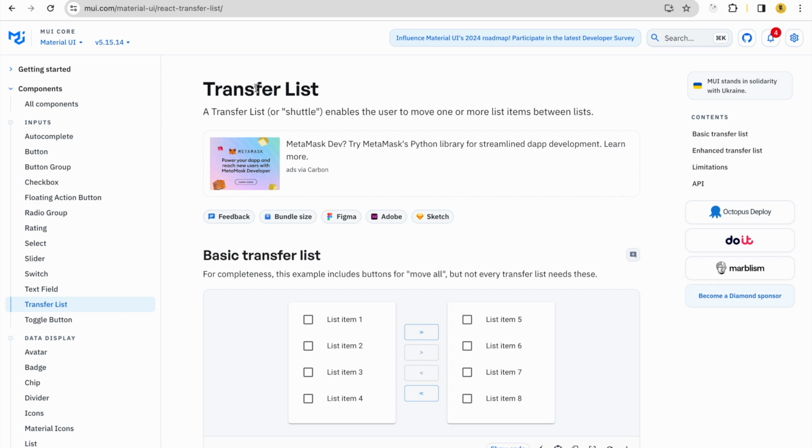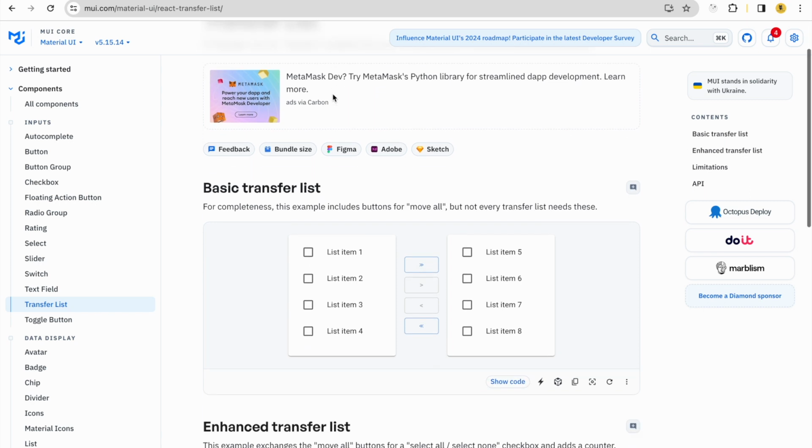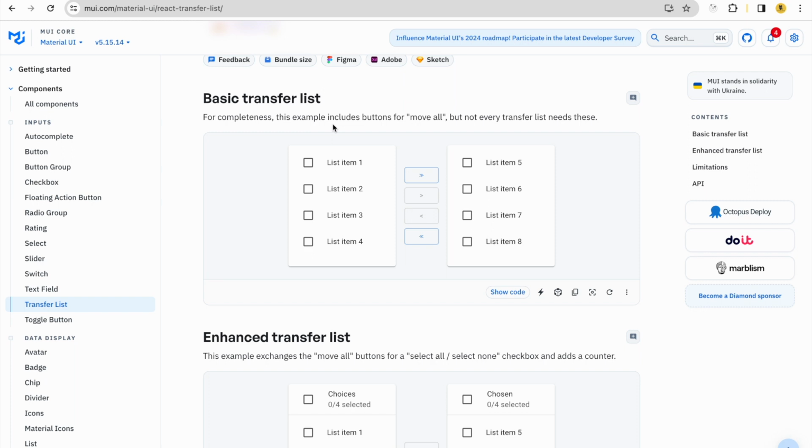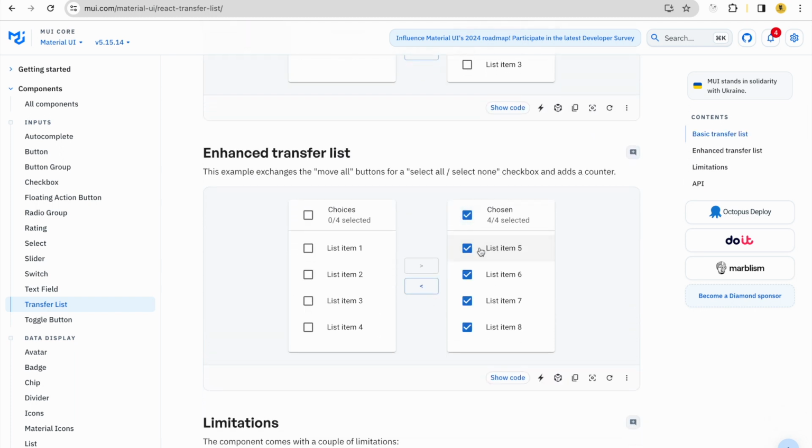Recently, I had a chance to use a transfer list. So this is what a transfer list looks like. You can see that I have a list of items on the left hand side. Once I select them, I have the option to move them to the right. And of course, I can choose the items on the right and move them all the way to the left,